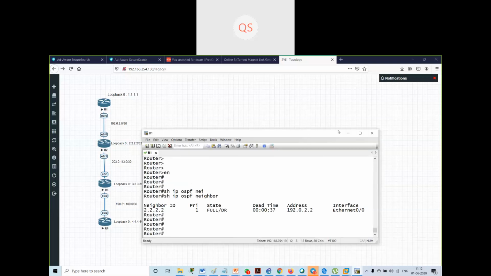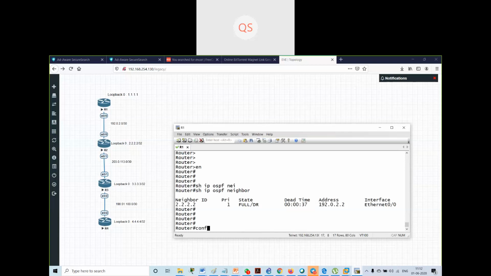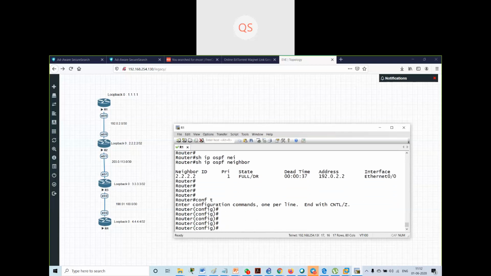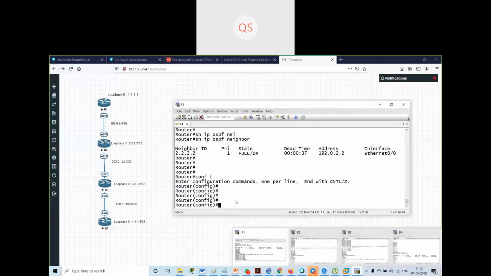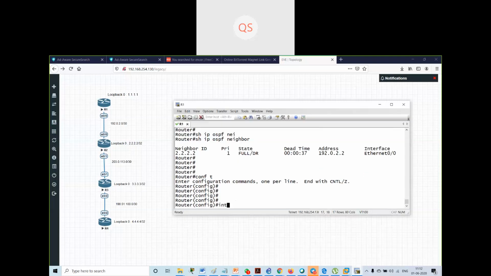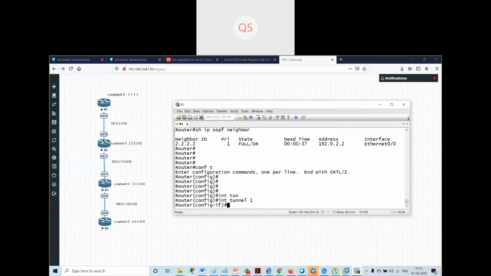Some commands were not there in GNS3, so that is the reason we were unable to complete the configurations. Now the first thing I have to do is create a tunnel, interface tunnel 1.